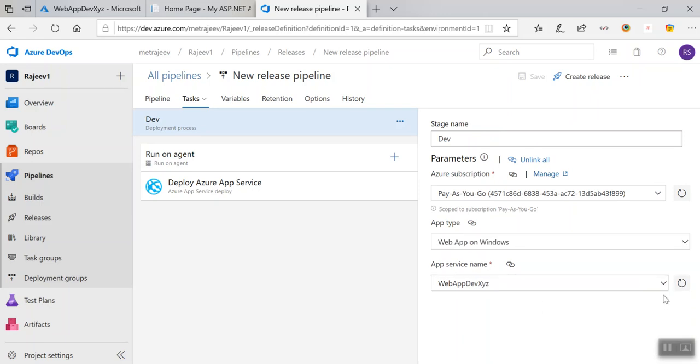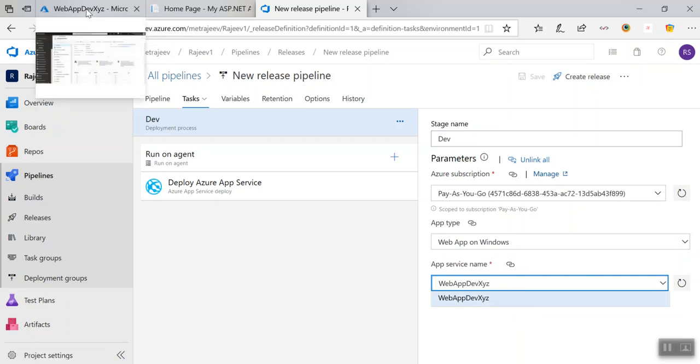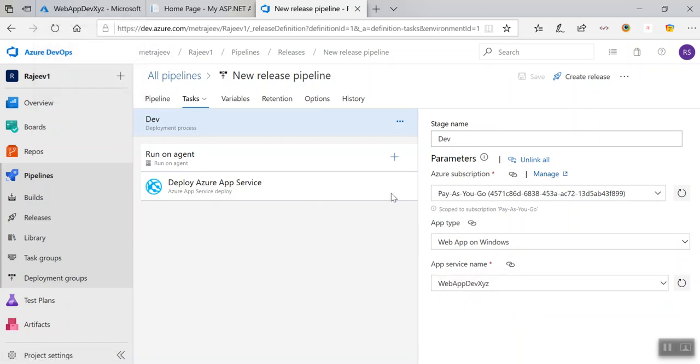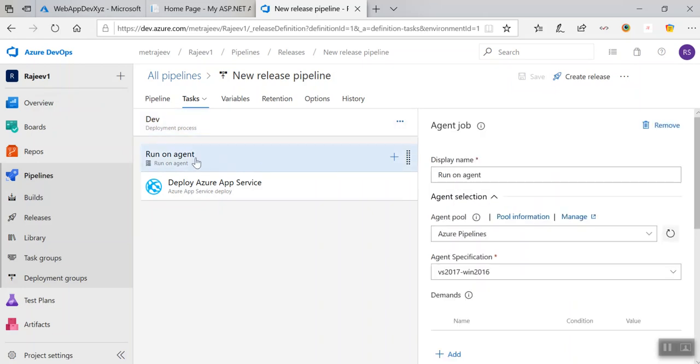And then as I said, web app service you have to select over here, but before that you go and create this web service, I mean app service, from here. So this is the setting that you do. And the stage name, they have already been created in the first pipeline over here. So this is the hosted agent.